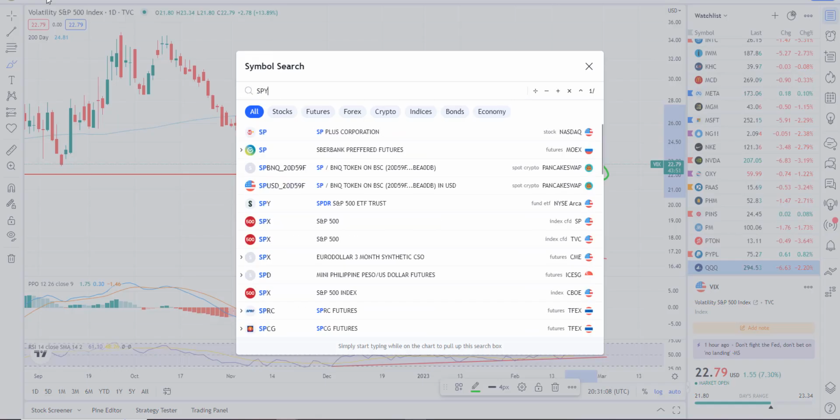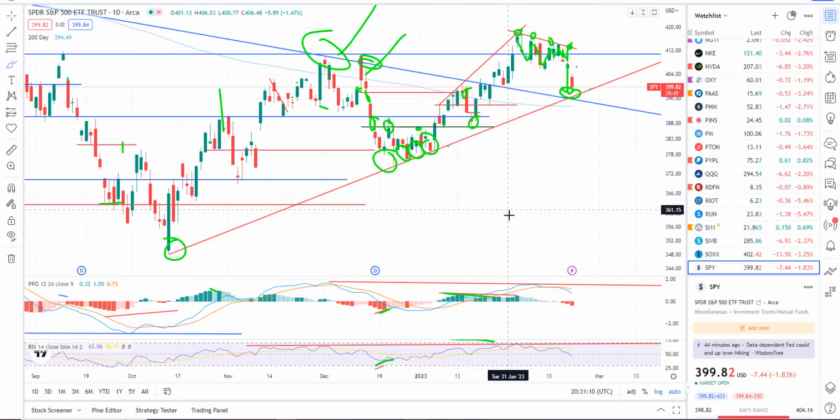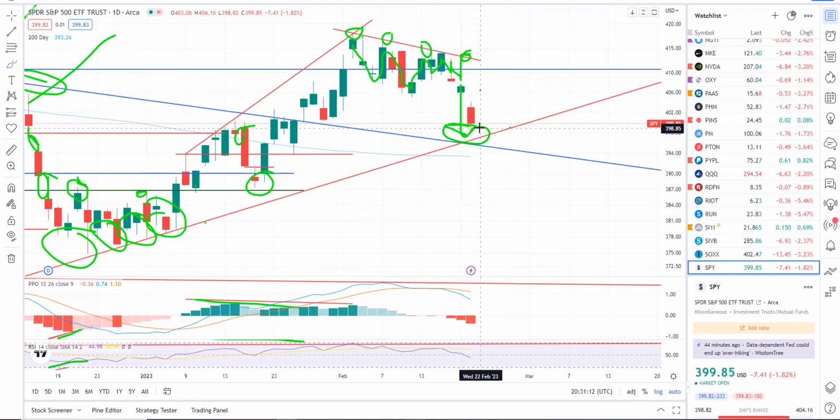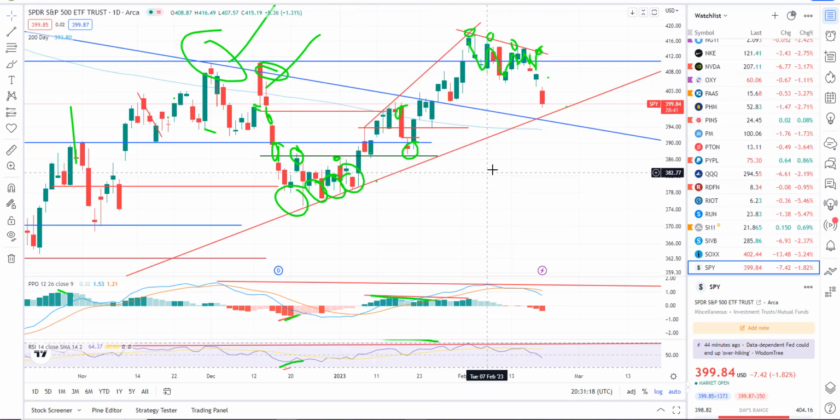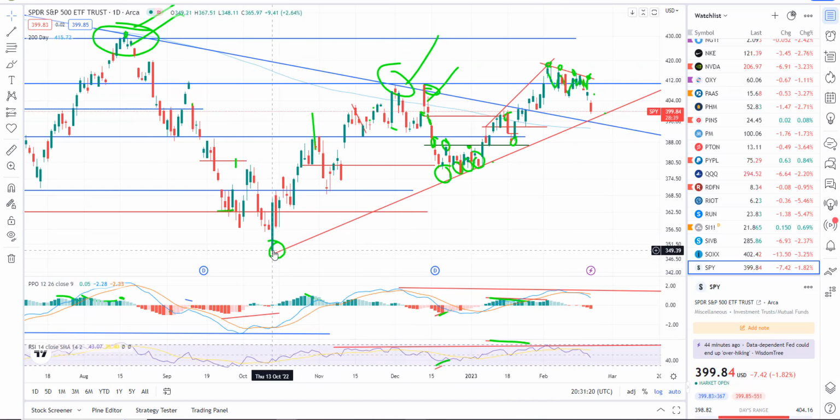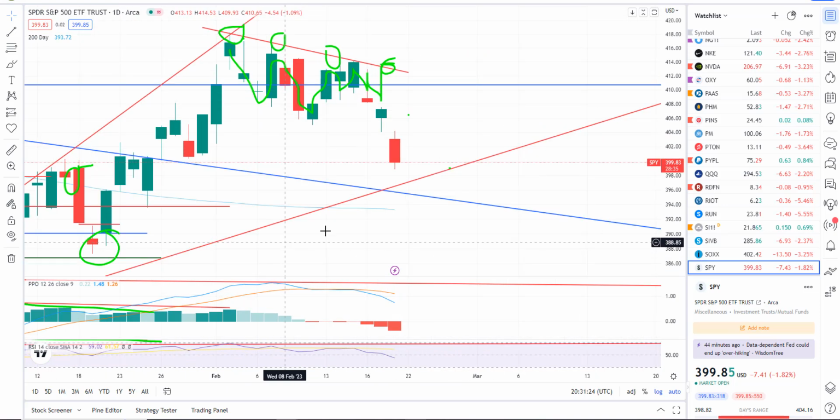Okay, let's take a look at the S&P 500, the SPY. Again, we're coming near support on the SPY on the daily chart. Let me kind of clean this up. This is coming off the lows back in October, so this is your bull rally trend line. All right, several reactions, and we're getting close to that trend line.